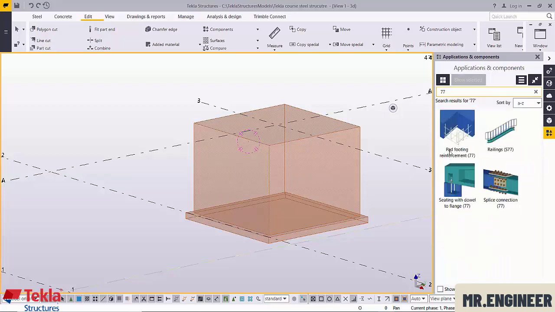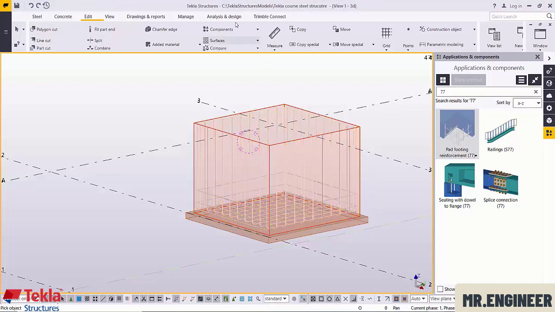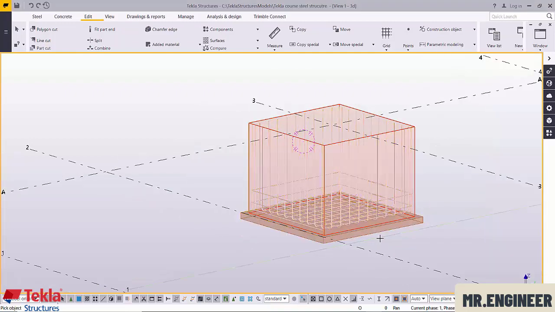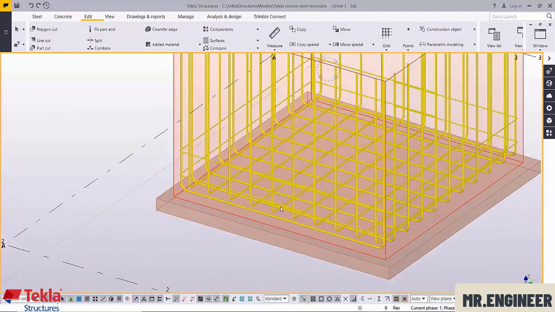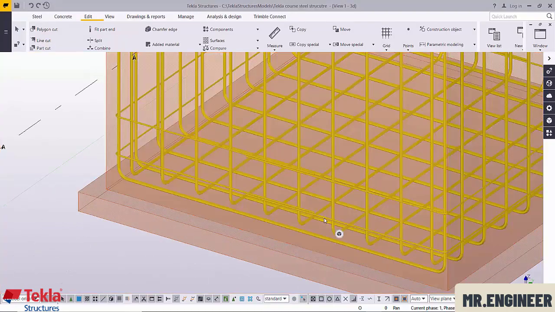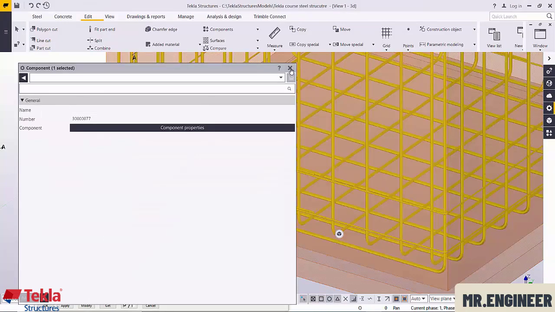We can show here pad footing reinforcement. We select it, then we select this foundation, and automatically Tekla Structures draws the reinforcement. This is the easiest method to draw the foundation reinforcement. To go to the properties, we can double click and we can show the details